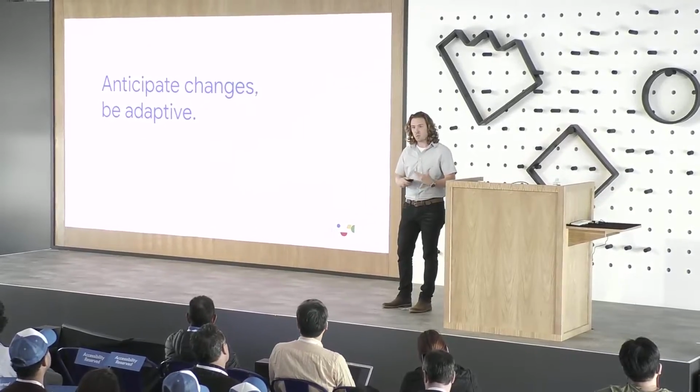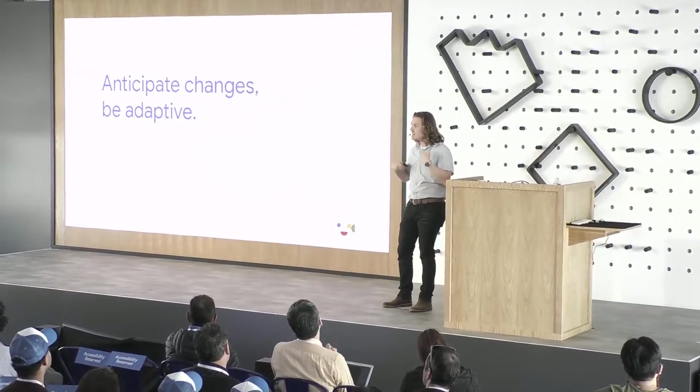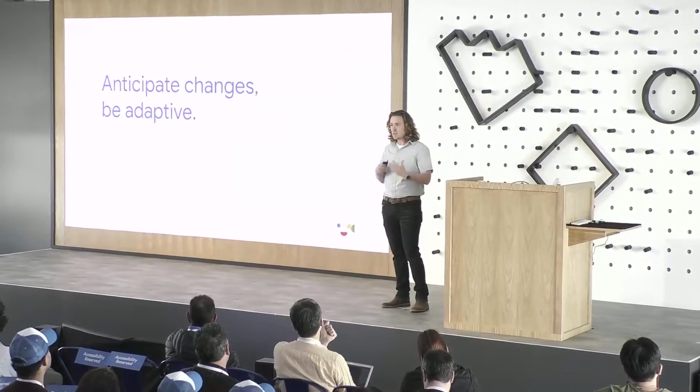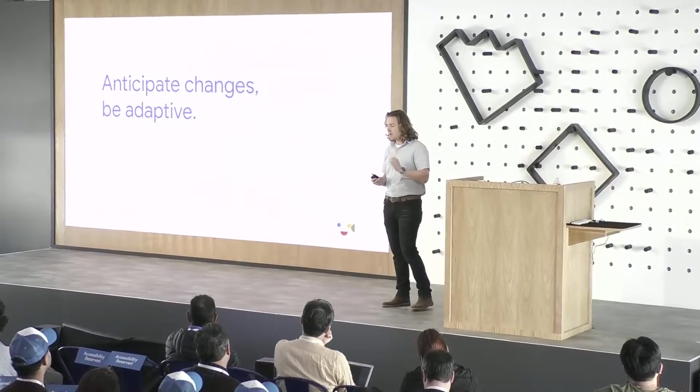I get it. You're in development. There's features that have to ship, deadlines that have to be hit, patches that have to be pushed. And it's very easy for developers to start thinking about devices as, I've got to fix this bug for these devices, I've got to improve performance for these devices. But as engineers, we're taught to be adaptive, anticipate changes, and make sure we handle a wide variety of scenarios. I realize in the fast pace of game development, it can be very hard to think about that. But for supporting all these devices, the key thing I want to stress is to anticipate changes and